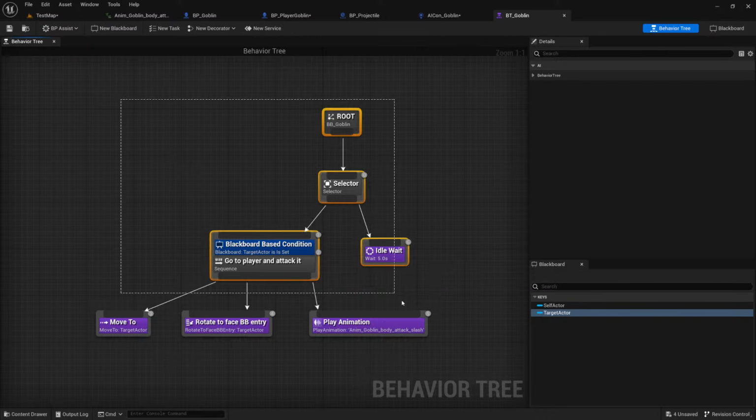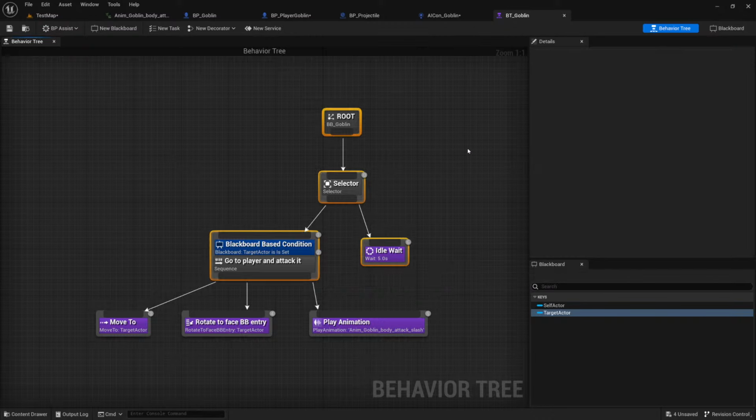So you shouldn't use them if you're going to have more than maybe 50 AI; it could get really heavy to use behavior trees. But they are super useful if you want to do some complicated stuff, which this is not by any means complicated stuff, but you could add more complex